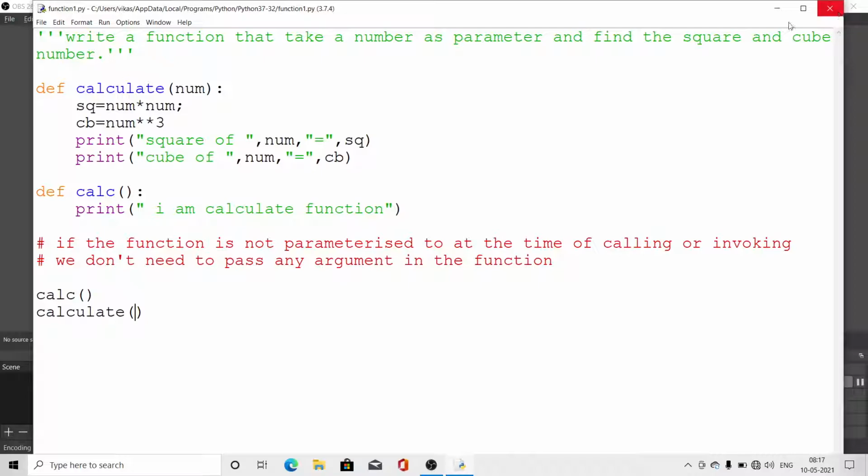So my dear students, always keep in your mind, you have to see the structure of the function. If the function has arguments, you have to pass them. Sometimes we are writing here two arguments, num and i. So at the time of calling, we have to see in the function definition how many arguments are needed, 1 or 2. If 1 is needed, then we will pass 1, or if 2 are needed, then we have to pass 2. Look here, now I will pass 1, it will give the error.